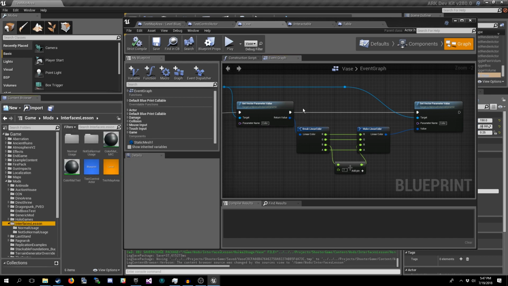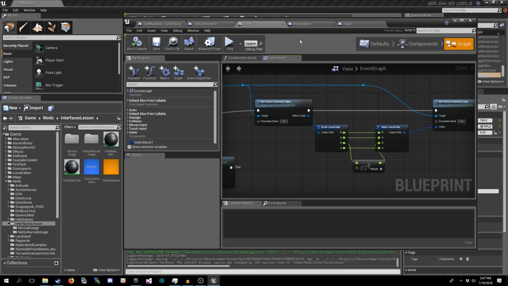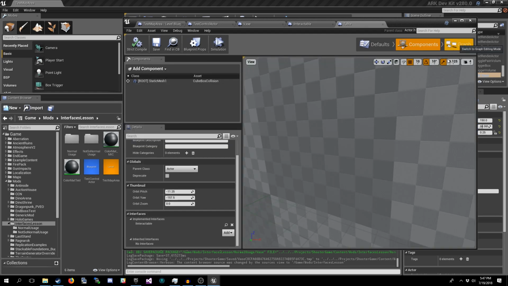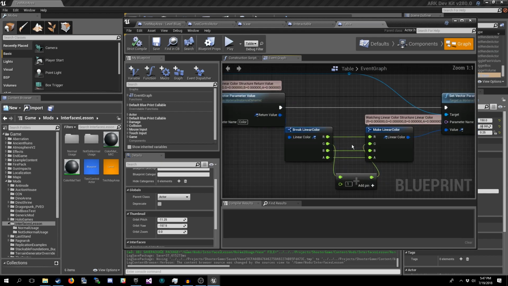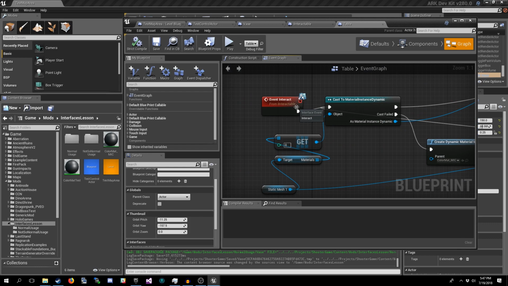Color matte, MIC, color matte test. Now, in the vase, it makes it more blue. In the table, it makes it more green. So they have slightly different implementations of the same event.